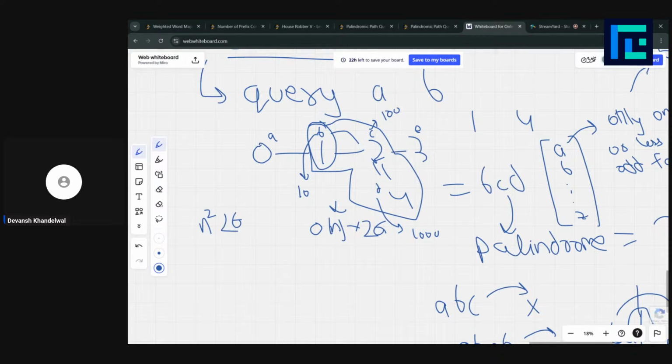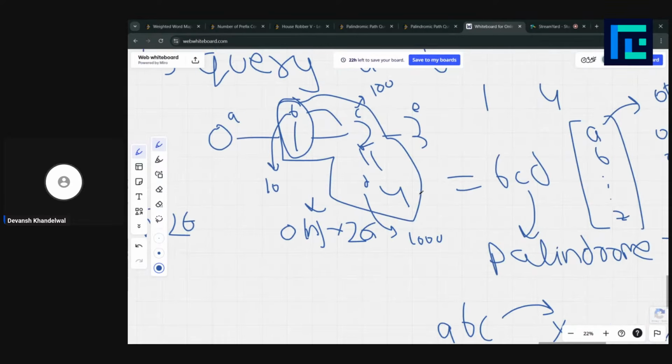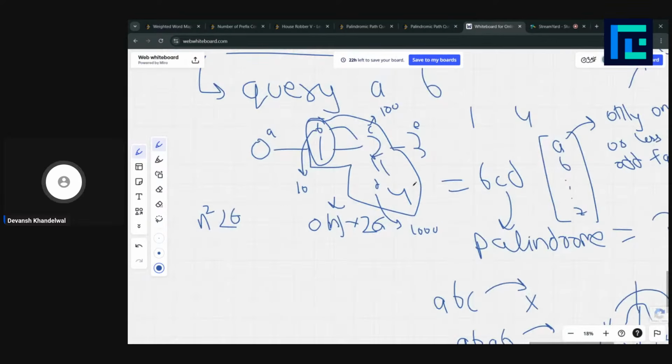So how about using some HLD? Yeah, we can use heavy light decomposition. But let's do it step by step. First, we are going to understand how to make this query efficiently, then deal with the update queries, and then finally make our answer.